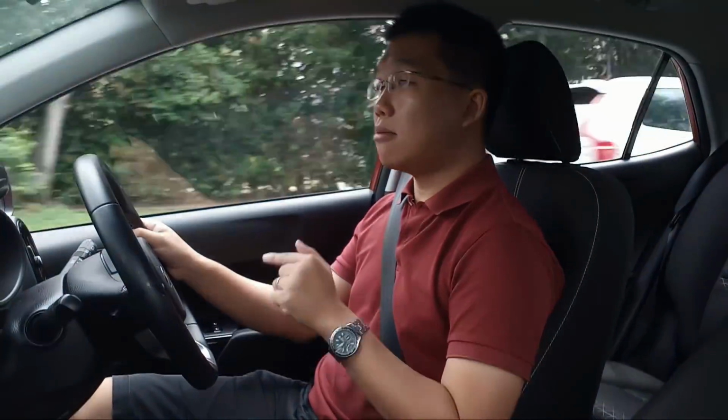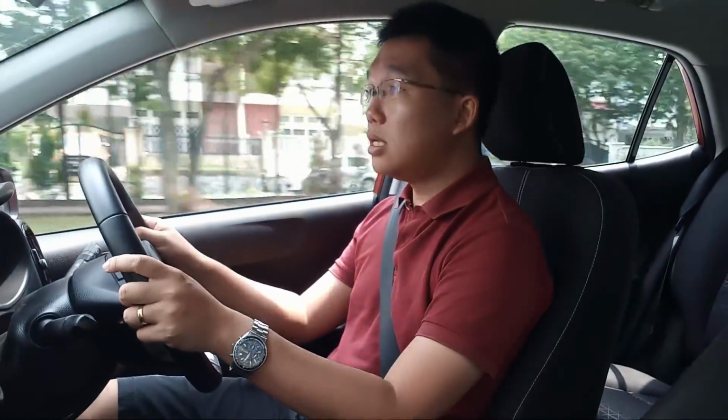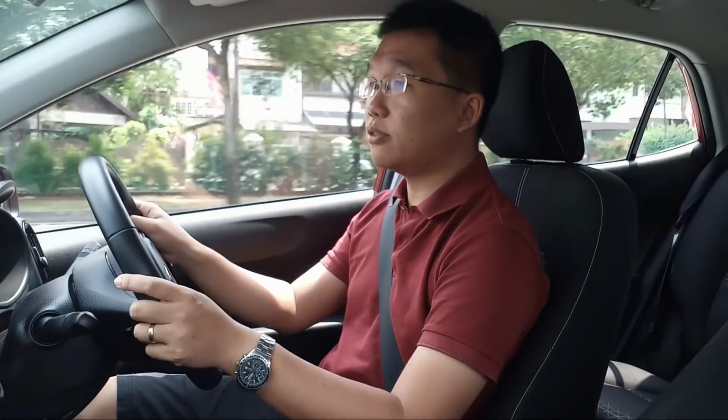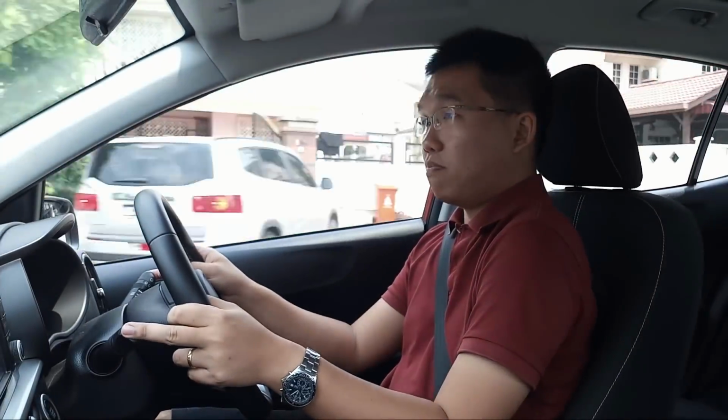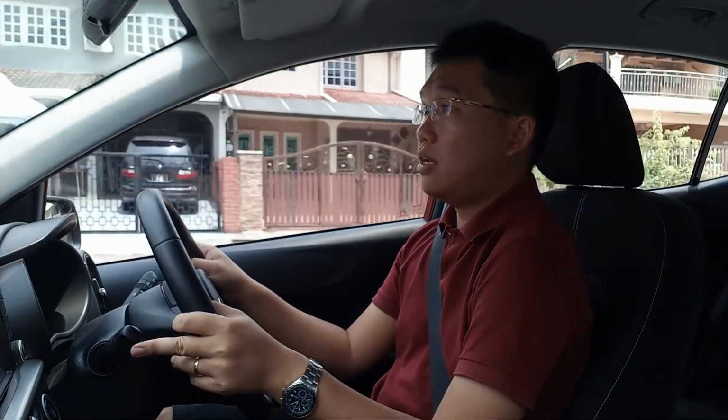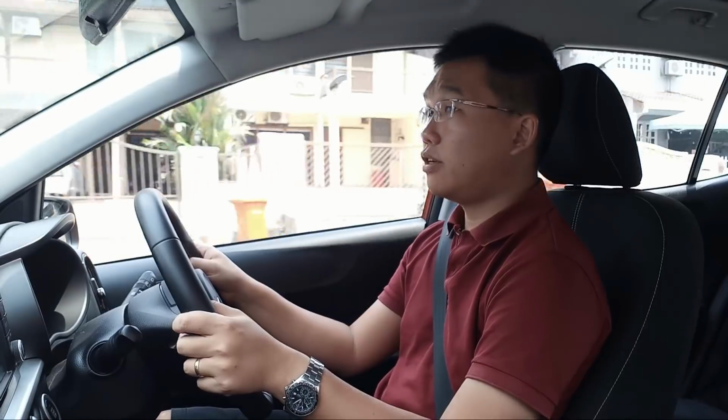This is a kind of car that in my opinion is far more difficult to engineer. Okay, and you also have to bear in mind that this car has to be engineered at cost. So what Kia has managed to accomplish with this car is nothing short of sensational. So overall, the Picanto is just a very simple car that is very, very well put together,